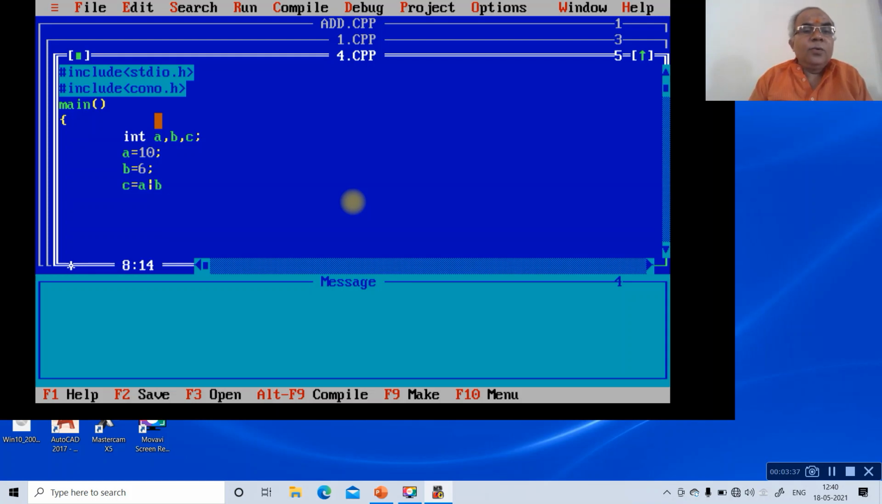Then we have a printf, "%d OR %d equals %d\n", close the bracket, then a, b, c, then getch function, and